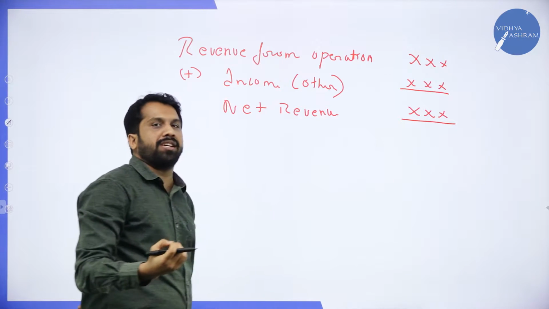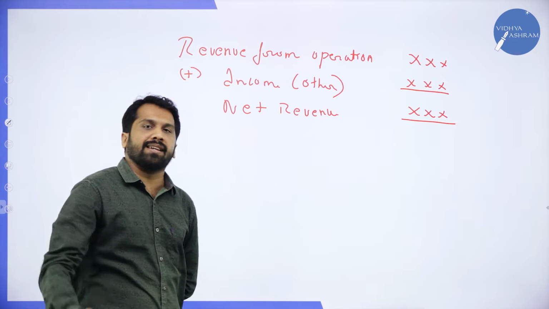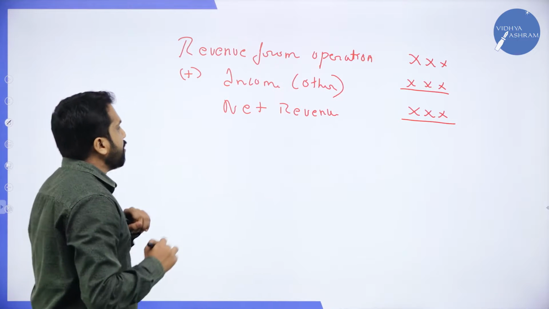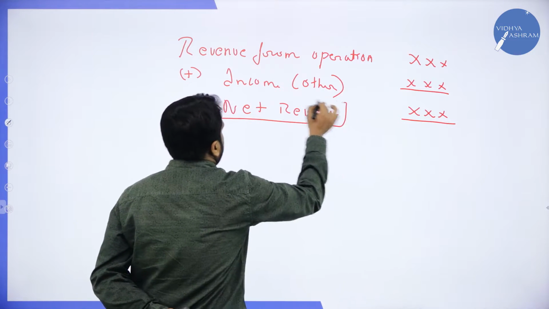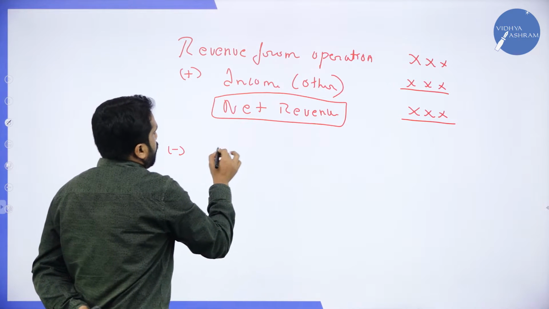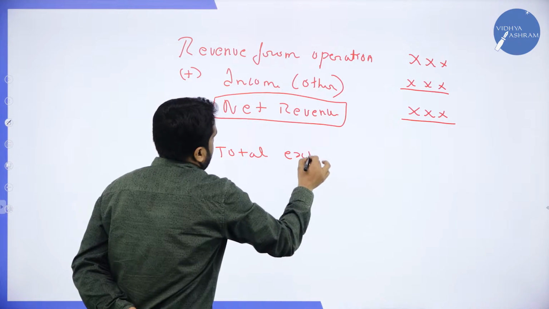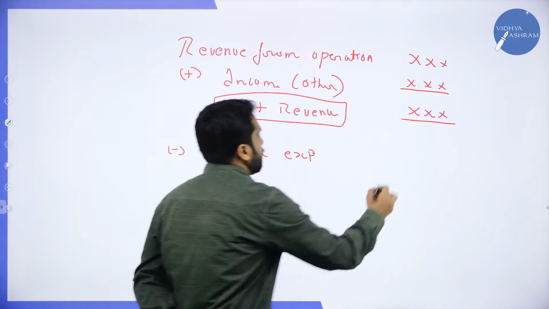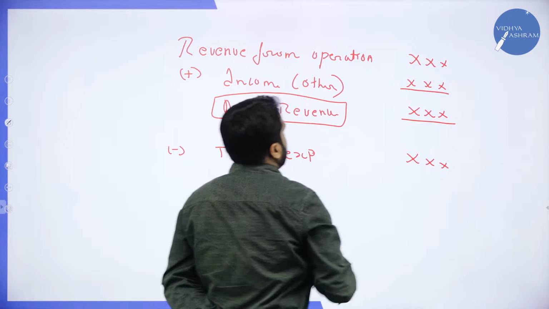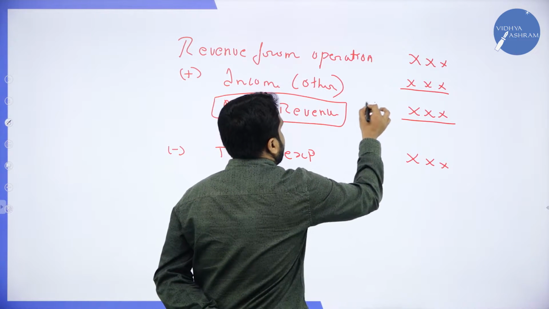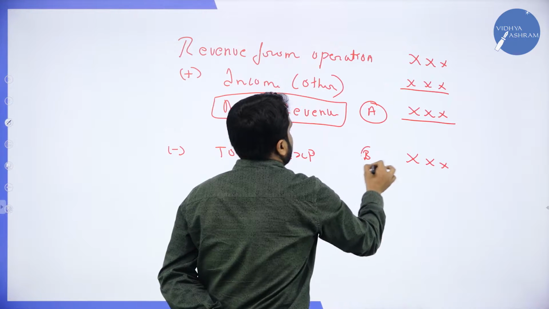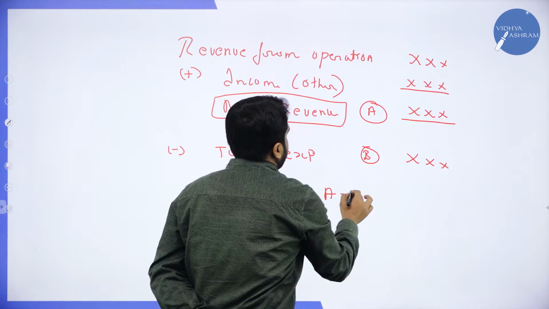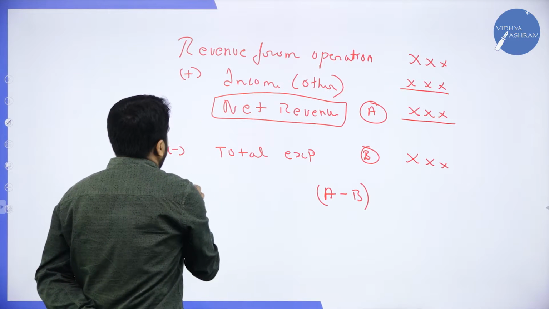This is your first stage of your calculation. You will get 3 stages. Out of that, this is your first stage. Now, we'll go for the second one. Less total expenses. Whatever expenses you have to mention. Now, your net revenue will be considered as A and your expenses will be considered as B. A minus B will be